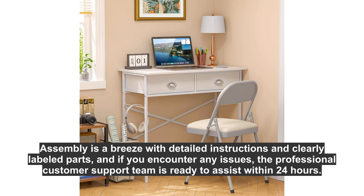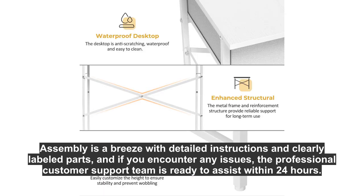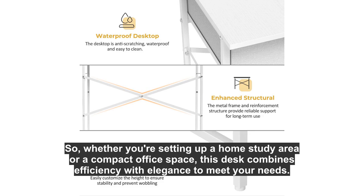Assembly is a breeze with detailed instructions and clearly labeled parts, and if you encounter any issues, the professional customer support team is ready to assist within 24 hours. So, whether you're setting up a home study area or a compact office space, this desk combines efficiency with elegance